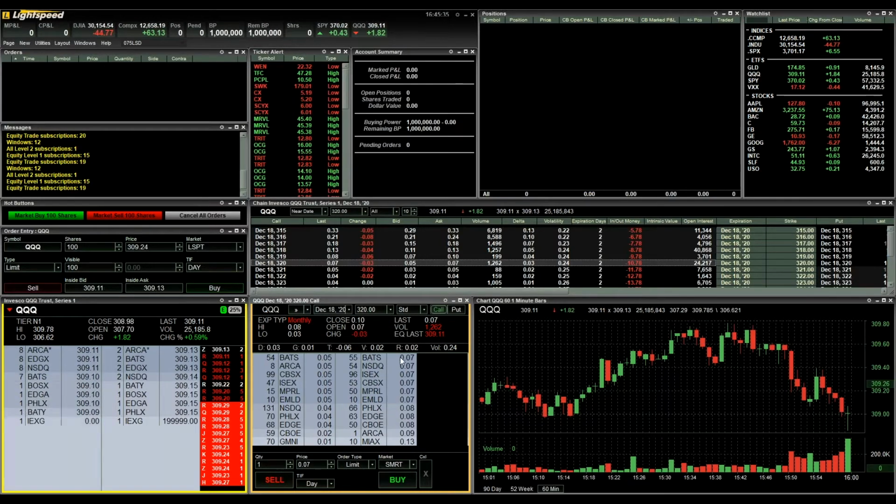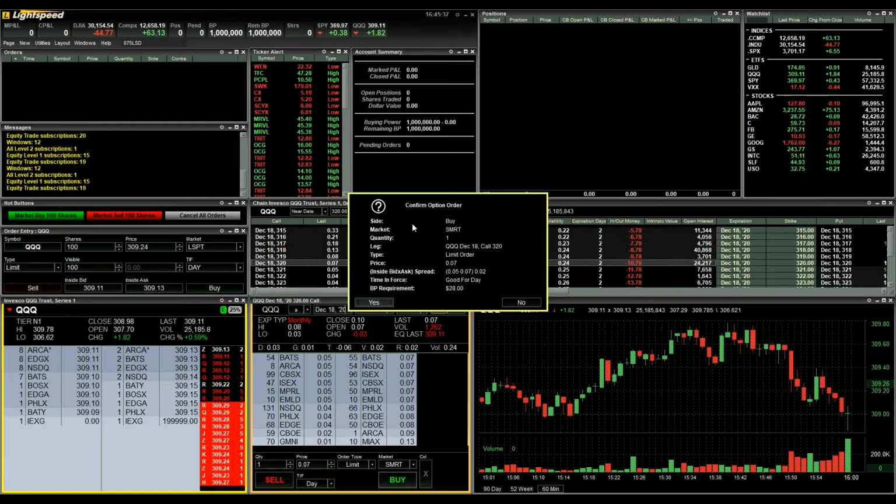But simply, let's just say I'm going to use the smart route. I'm going to buy a contract at 7 cents. I click buy. I can choose to have my confirmation, or I can just remove it and have a one-click entry. But for display purposes, I like to show you guys what is being configured here. So I'm buying one contract of the 320 call expiring on the 18th for 7 cents. This is going to tell me the inside bid and ask. It's giving me the time in force for the day and my buying power